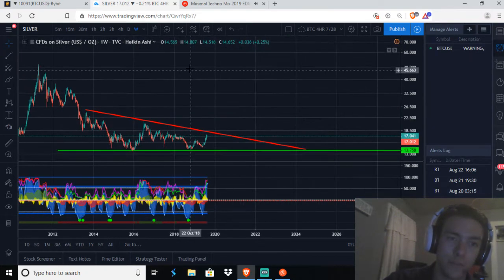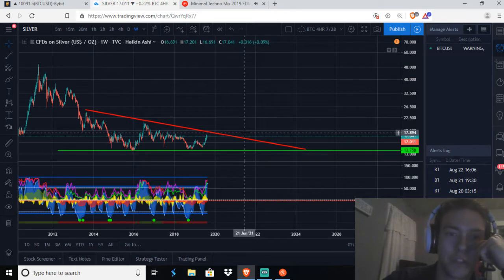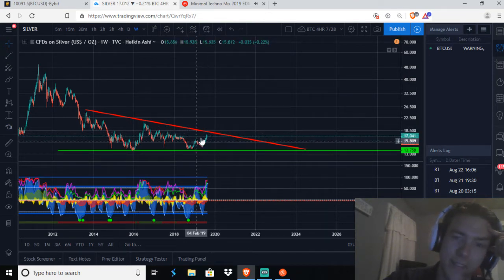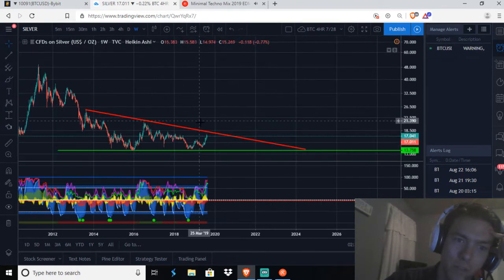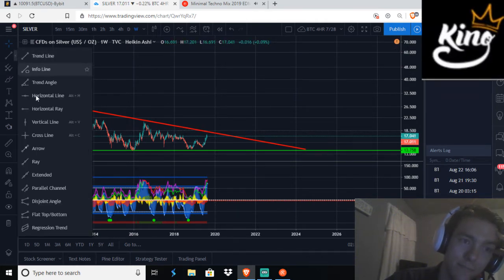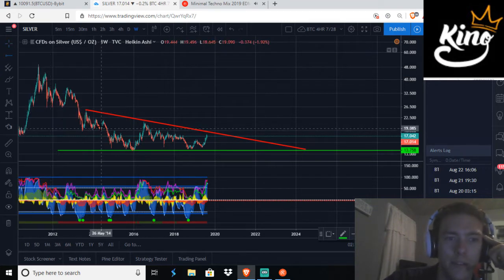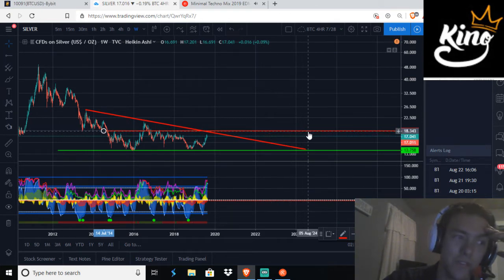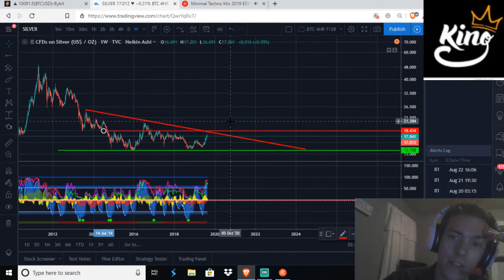So looking at this chart, not only are you close to your upward resistance level here, I'm not sure if you break $18 on silver here. This actually could be a decent short. But the issue with this is I fully believe if you break this resistance line, let's get a horizontal line here, if you break this 18.50 area, I believe silver's going to go parabolic. I guess you will have this next little area at $20, $21, but